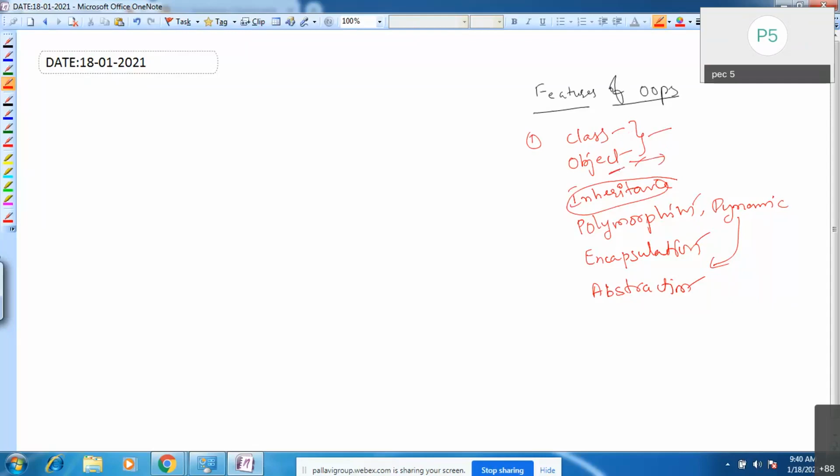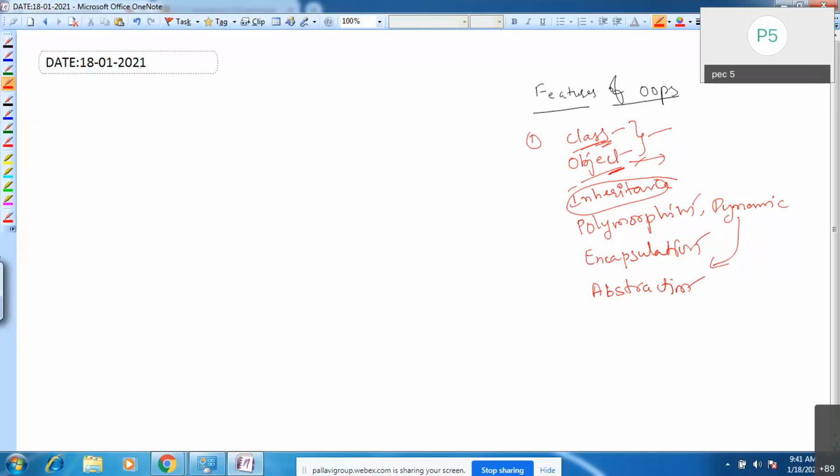An object exists physically, a class does not exist physically. It is a logical entity, while the object is a physical entity. Whenever you create an object, only then is memory allocated for that object. But once you declare a class, no memory is allocated for the class.